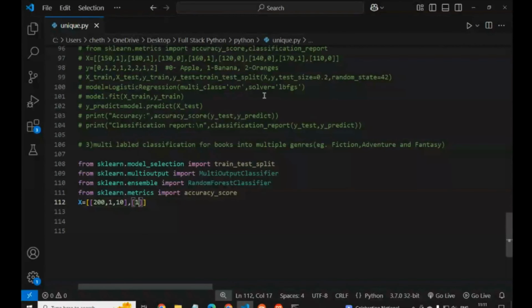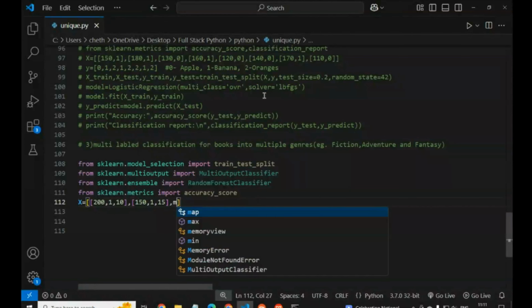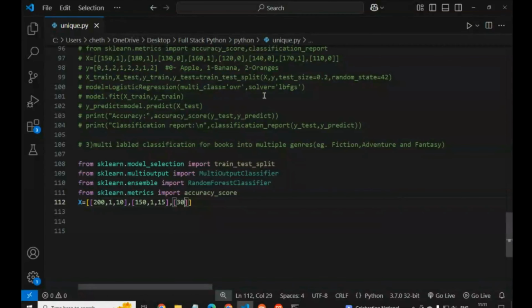Then here we write 150, 1, 15, then 300, 1, 15. Here we give the data which we collect by sampling.